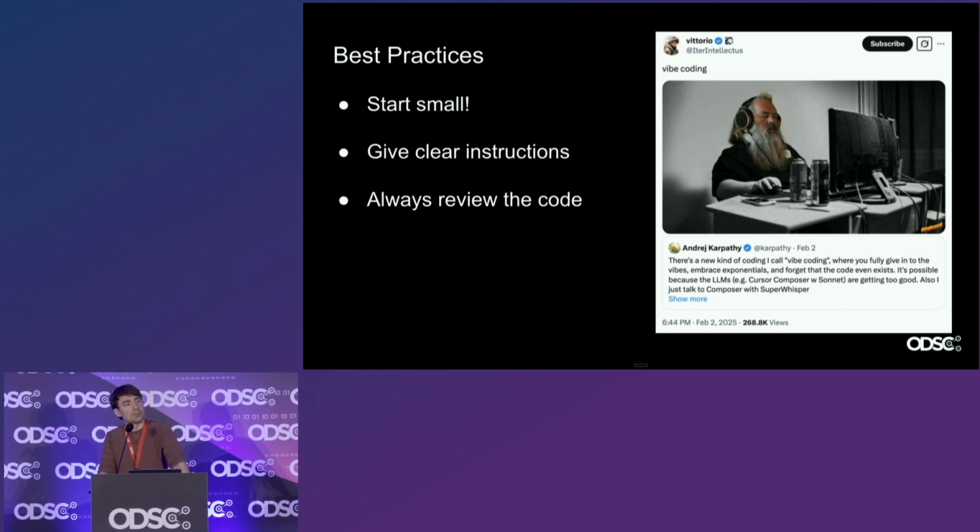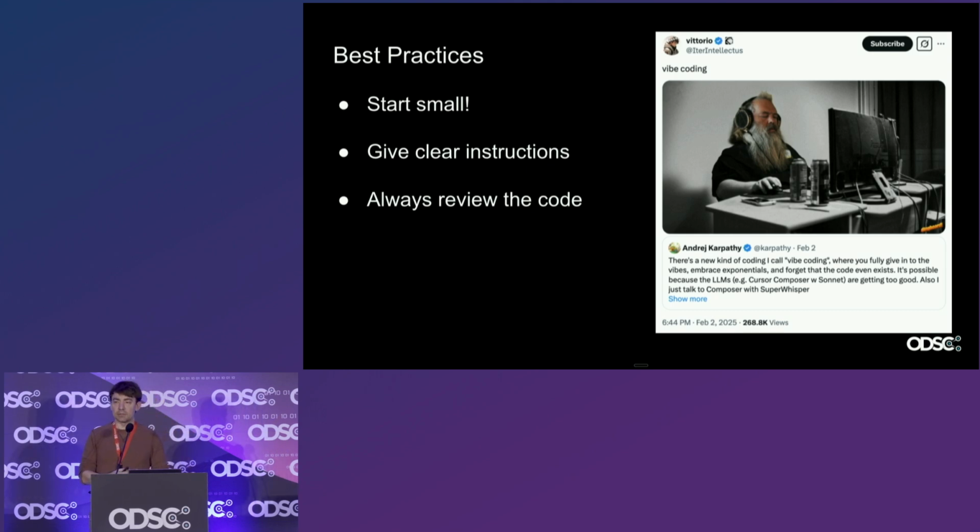I think starting small with little tasks, like my favorite, is fixing merge conflicts. If I've got a PR up that hypothetically has been approved, but somebody else has edited the same file, I can just say at OpenHands, fix the merge conflicts. It'll kick into gear. It's a very rote task. It's very easy for me to verify that it's done correctly. So just starting with small tasks and starting to build that intuition, and then you can grow over time with the level of things that you're willing to throw at the agent and have a high degree of confidence that it's actually going to be able to achieve it.